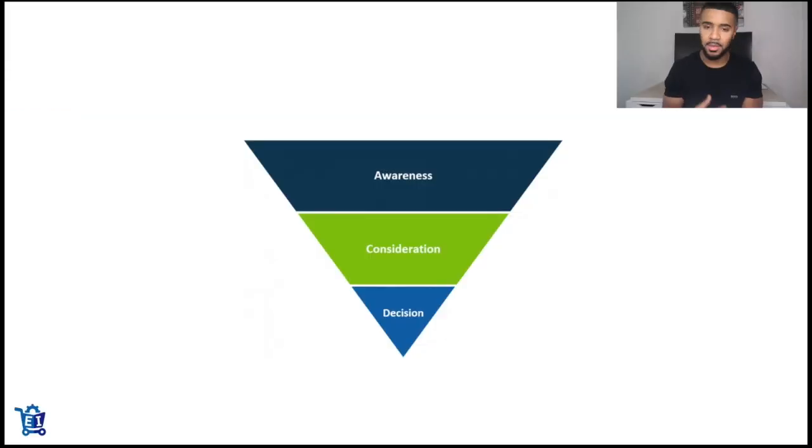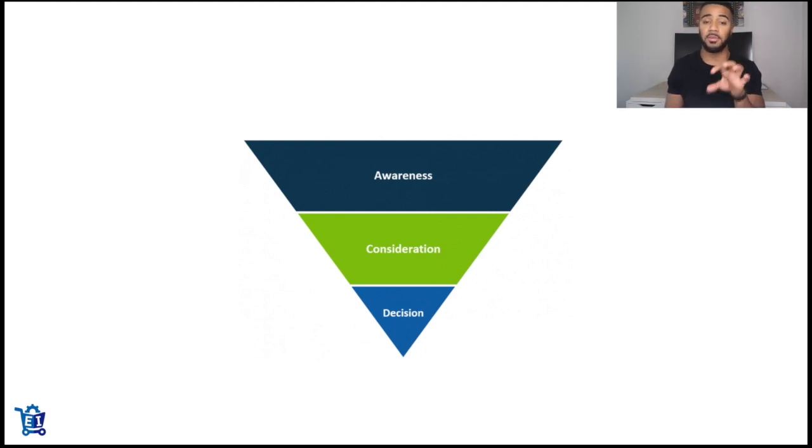So some of you guys may be familiar with this, but for those of you that aren't, when it comes to e-commerce or any business, there's a sales funnel that you have to walk all your prospective customers through. So typically there are 3 levels of a sales funnel. You have top of funnel, middle of funnel, and then bottom of funnel. Top of funnel is really where you're focused on creating awareness around the products or your brand and getting people to know who you are, right? And the products that you have to offer. And that's really what you focus on.